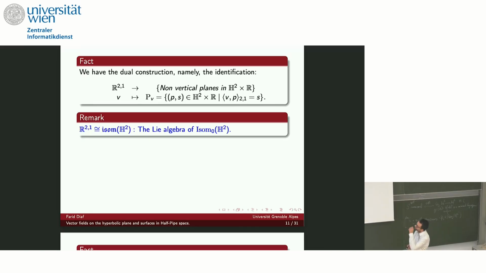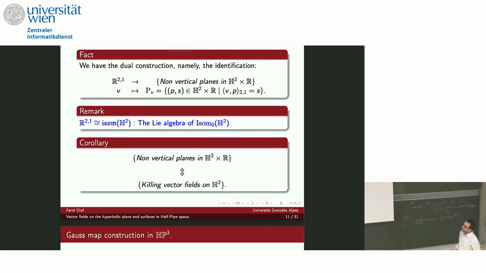To understand this, we need the following remarks. One model of Minkowski space is the Lie algebra of the isometry group of H2. This Lie algebra is a vector space. The Killing form has signature (2,1). So we have a vector space and a bilinear form of signature (2,1), so it is a Minkowski space. And now the Lie algebra of the isometry group is in one-to-one correspondence with Killing vector fields. If you take an element here and take the exponential, then it is an isometry. And so in the end, we get this map,